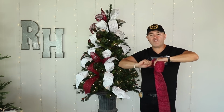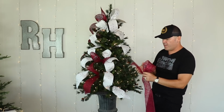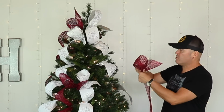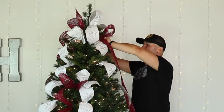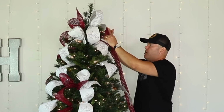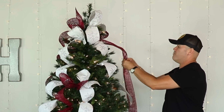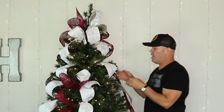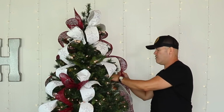This ribbon is perfect for garland work and for wreath work because it is so thick, and look how beautifully it just holds its shape, you guys. This David Christopher's ribbon, it really does add so much character. I'm gonna grab a bristle and then I push it as far in as I can and attach with my wire. The reason why you want to do this is because you want it to look like the ribbon is growing from the heart of the tree. Look how gorgeous. So we're going to do a 2-loop right here,